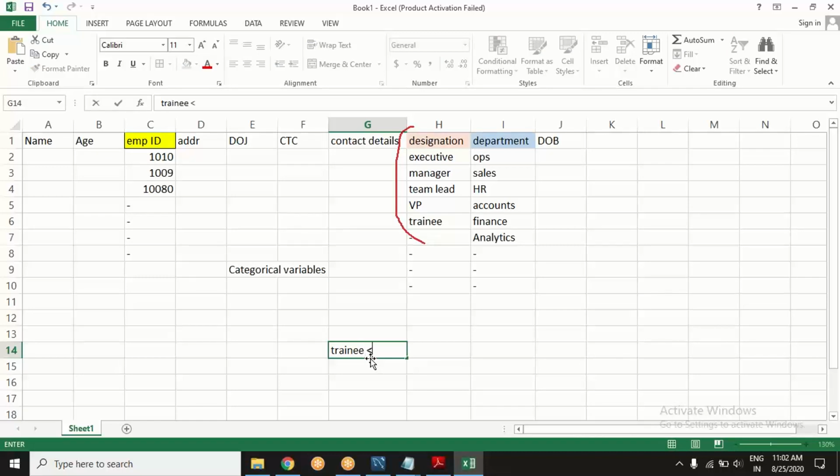I know that trainee is junior to executive, executive is junior to team lead, team lead is junior to manager, and manager is junior to VP.